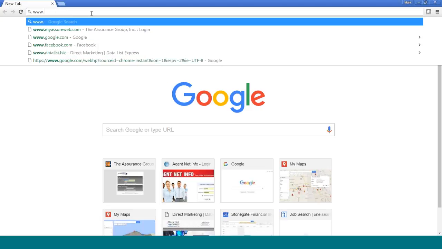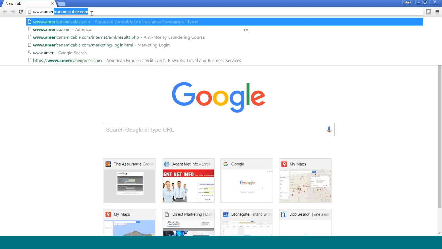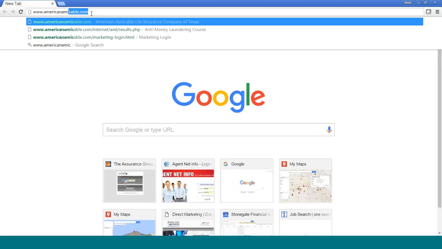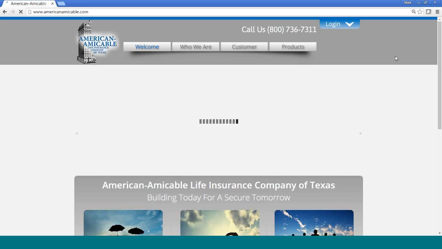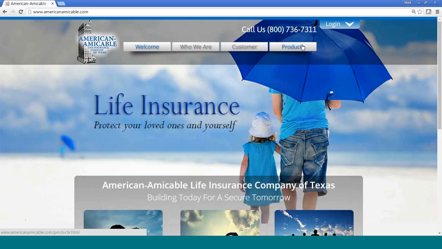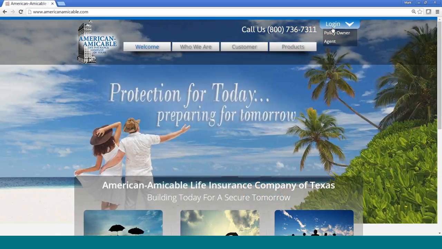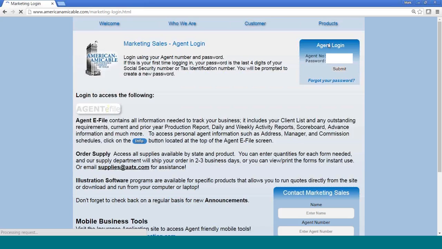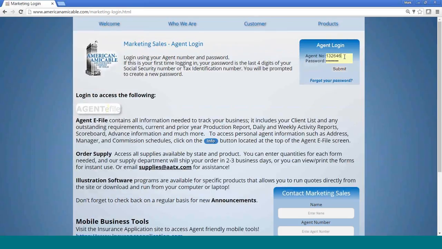So the website that you're going to go to is AmericanAmicable.com, and it will bring you to this web page here. What you're going to do is hover over this login screen and click Agent, and then for your agent number, you're going to type in AML, and then hit Tab, and then for the password you're going to type in course,